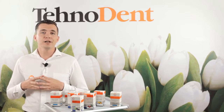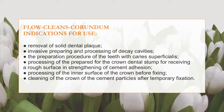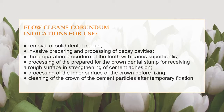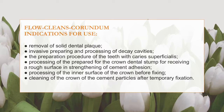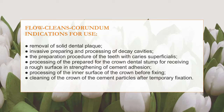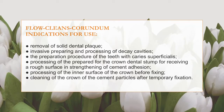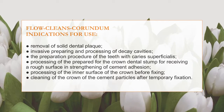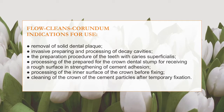The powder Flow Cleans Corundum number 2 is used for removal of solid dental plaque, invasive preparing and processing of decay cavities, and preparation of teeth with carious surfaces for tooth restoration. It is also used for processing a dental stump prepared for a crown to obtain a rough surface that strengthens cement adhesion, for treatment of the inner surface of the crown before fixing, and